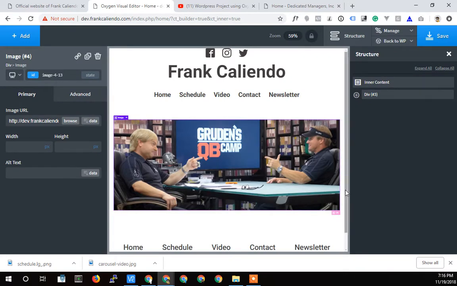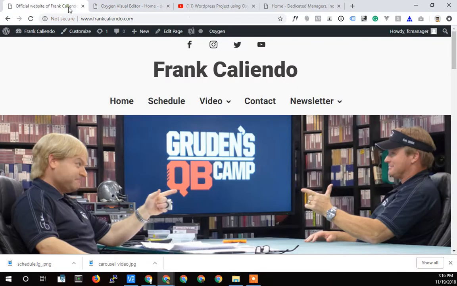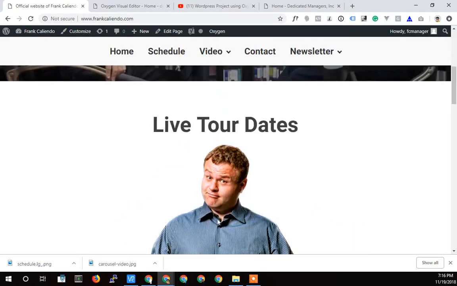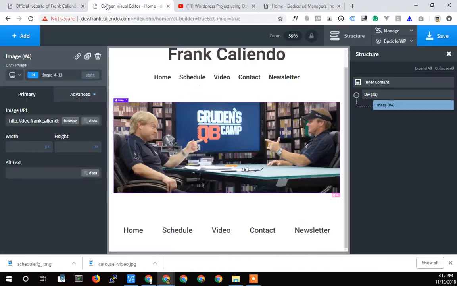And you notice it doesn't go all the way to the edges, and that's because my template has a section there which gives that padding. So I have to go and remove that section from the template. But anyway, you can see this is the image here, and a little bit too much spacing there, but I got to go fix that in the template as well. But that gets the image there, and then below that I've got the tour dates header, and then an image, and then a button. So I will add below that